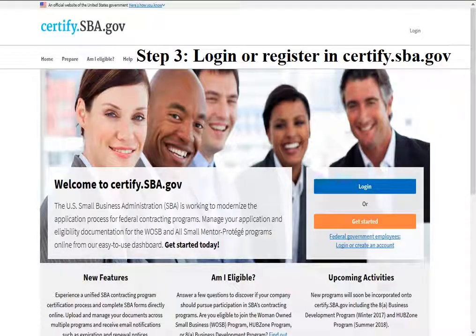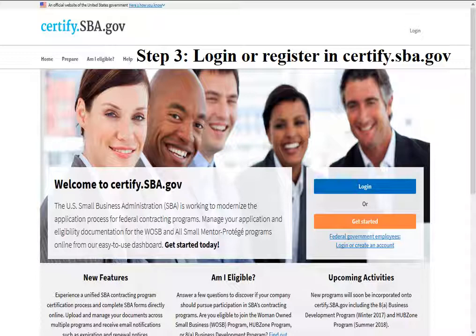So now that we are in part 2 on the third objective, let's talk about that you need to go to Certify.SBA.gov to log in, and I'll walk you through a little bit of that process. We'll cover all of the details of the application process, but I just want to make sure that I cover some things first. So the first thing you're going to do is go to